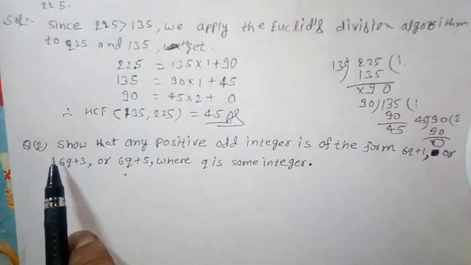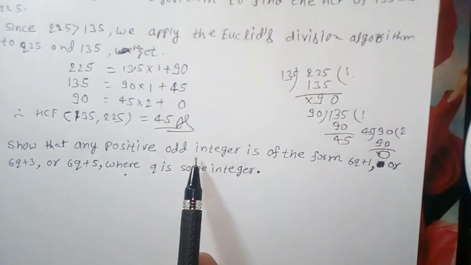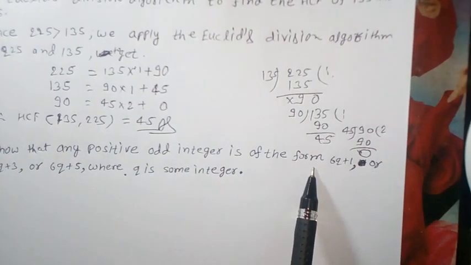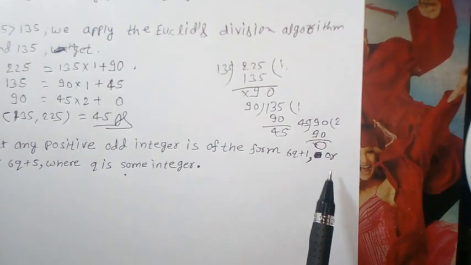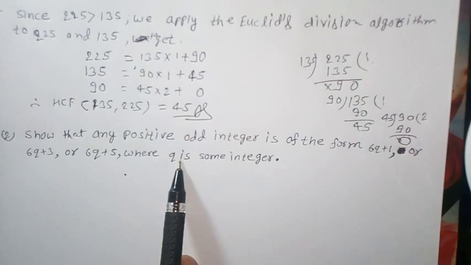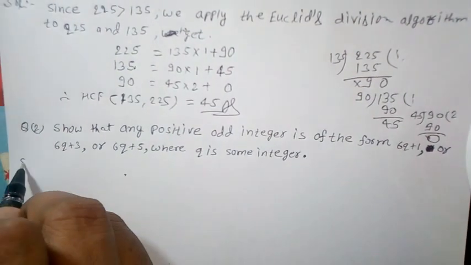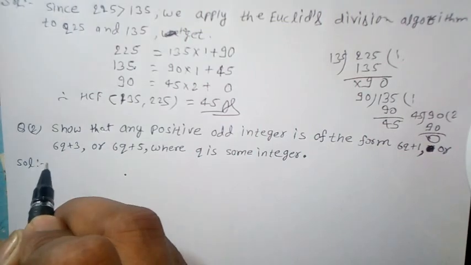Now question number 2. Show that any positive odd integer is of the form 6q plus 1 or 6q plus 3 or 6q plus 5, where q is some integer. Now we solve this. Solution: